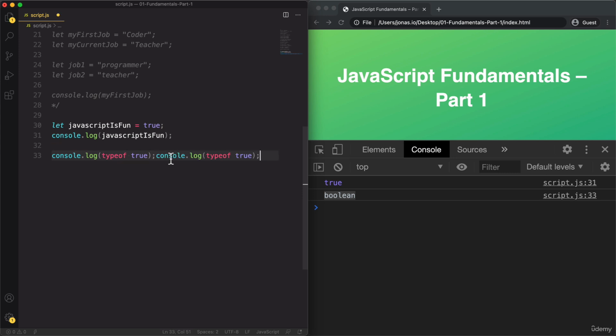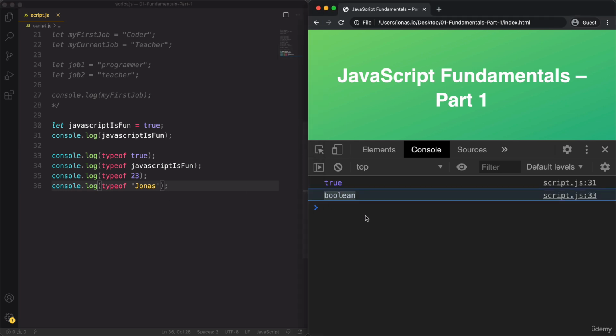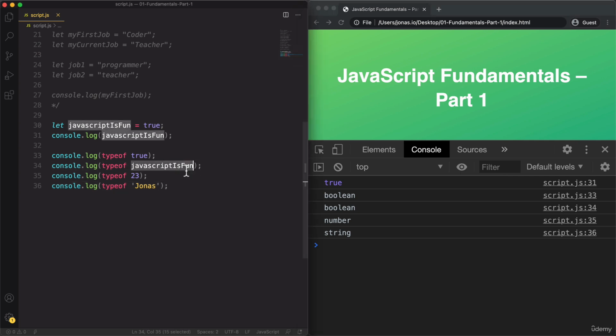Okay? So let's do that again here. I will copy it just a couple of times, just like this to make it a bit faster. And so here, let's use jsIsFun. And so this should also be a Boolean, but just to make sure. Here, let's now use a number and finally a string. So just to prove to you that these are actually numbers and strings. All right. And indeed, we see that jsIsFun is a Boolean, 23 is a number, and